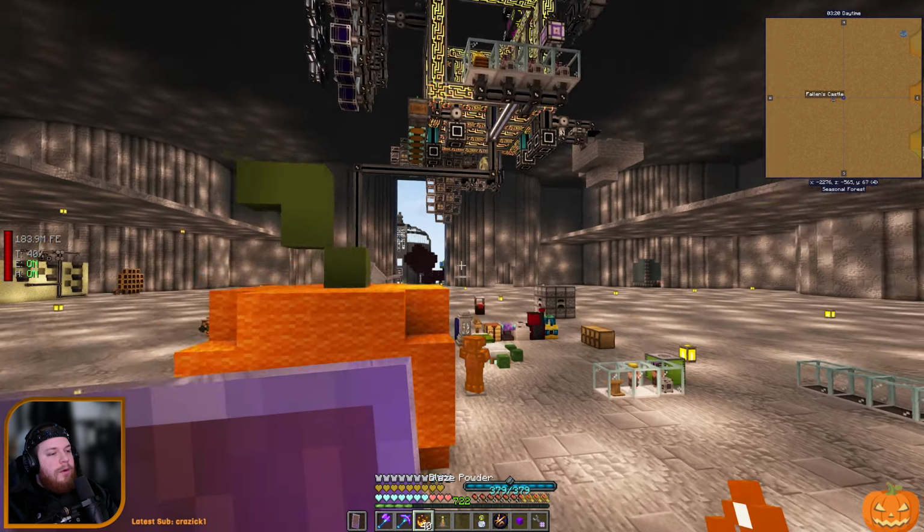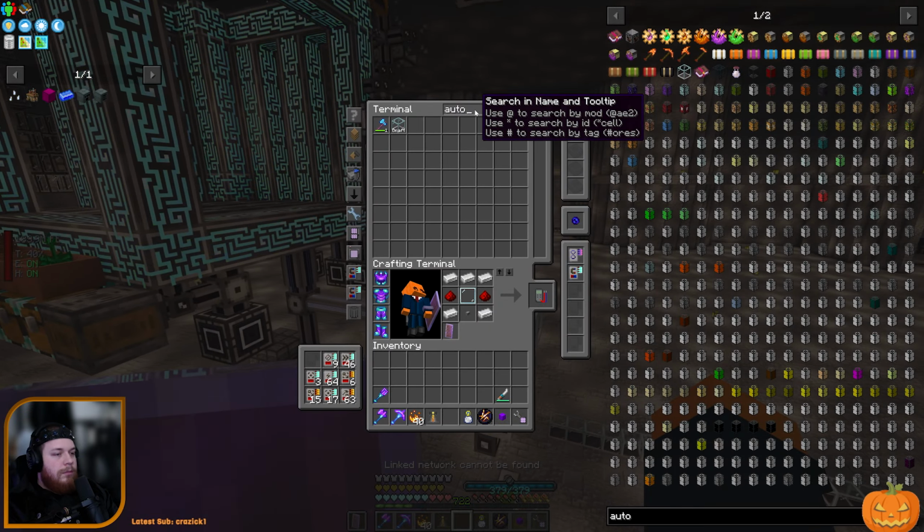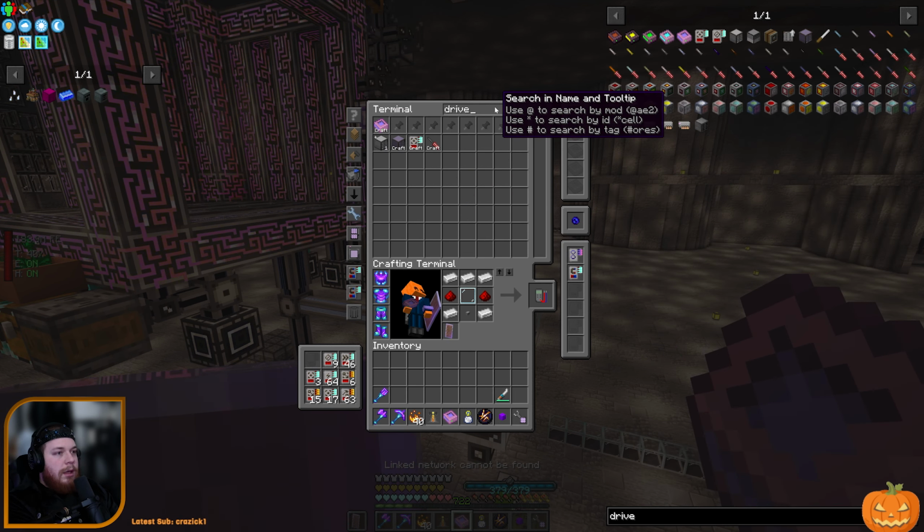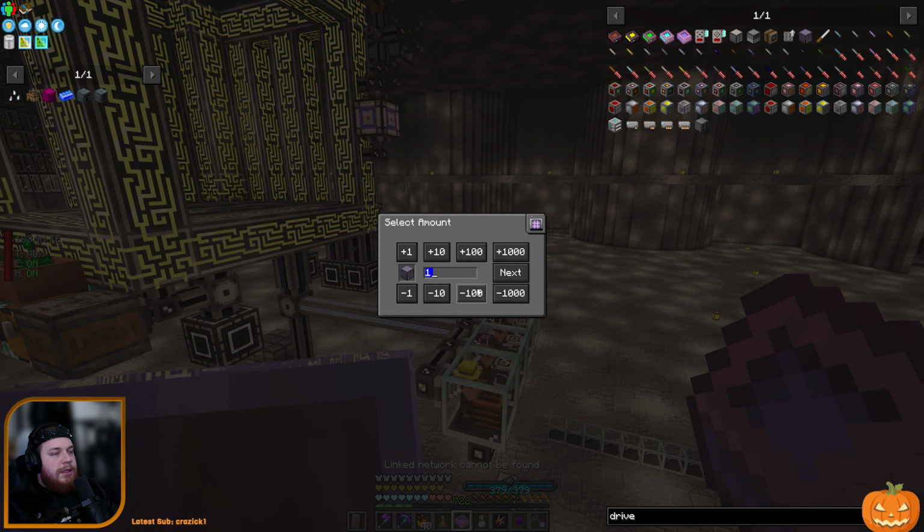Now, I'm going to automate this with another disk drive. And this one's actually just going to go in an extended drive bay. And here's how this is going to work. I'm going to come over here and grab a few cables. Now what we'll do is have an export